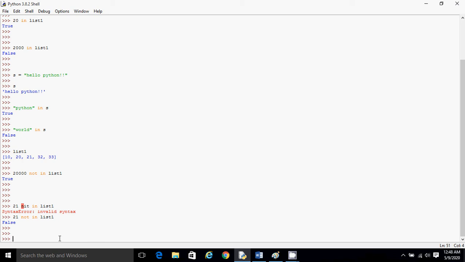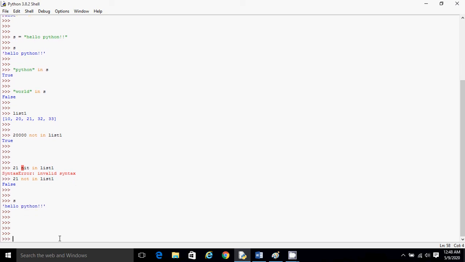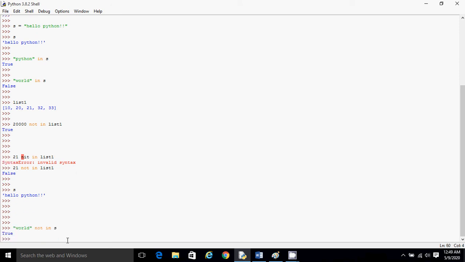Now we can try with the string. We already have s declared. Let's check world not in s, and as you can see, world is not a part of this string, so here we write not in, and it will return true because world is not a part of that string.